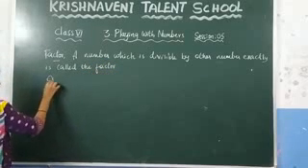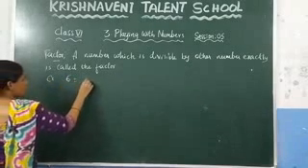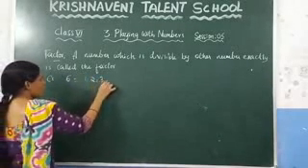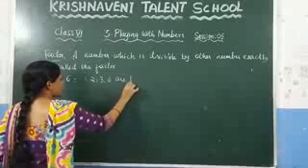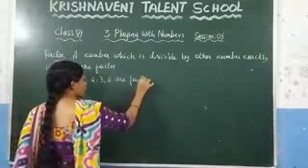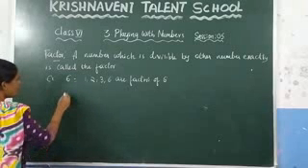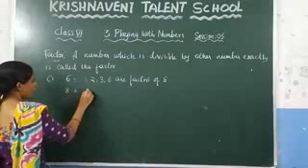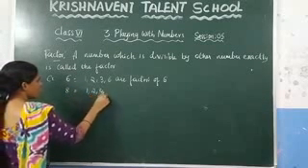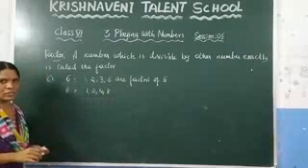Now you can consider the example 6. What are the factors of 6? 1, 2, 3 and 6 are factors of 6. Okay. And similarly consider one more number 8. What are the factors of 8? 1, 2, 4 and 8. These are the factors of 8.